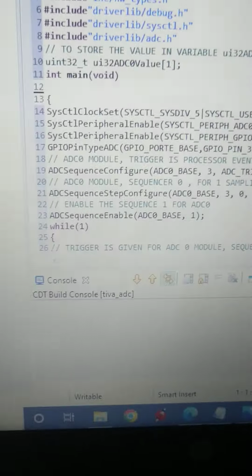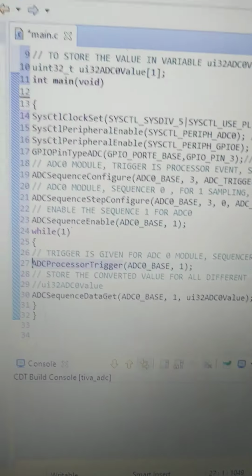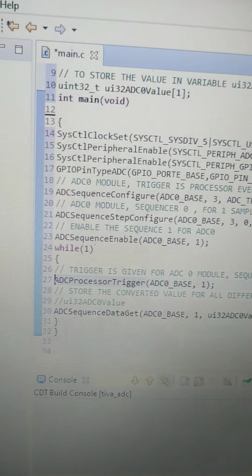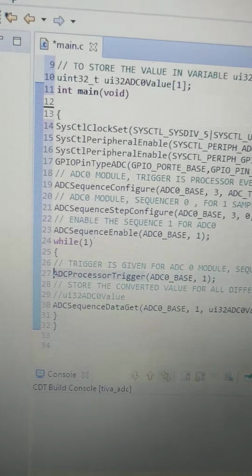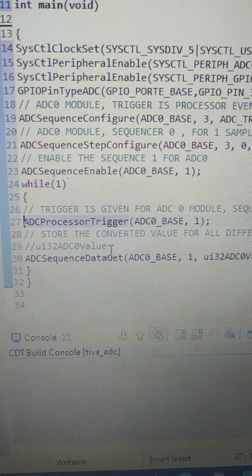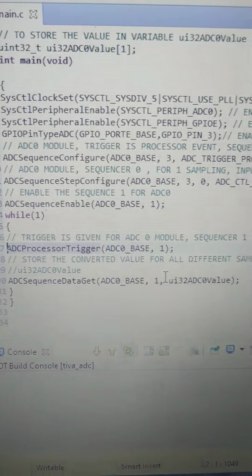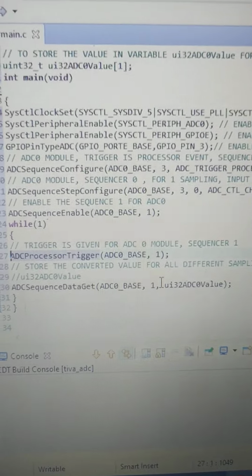Whatever values the pot gives, we will push to a variable, that is ui32ADC0Value. So these values we will observe in the watch window.